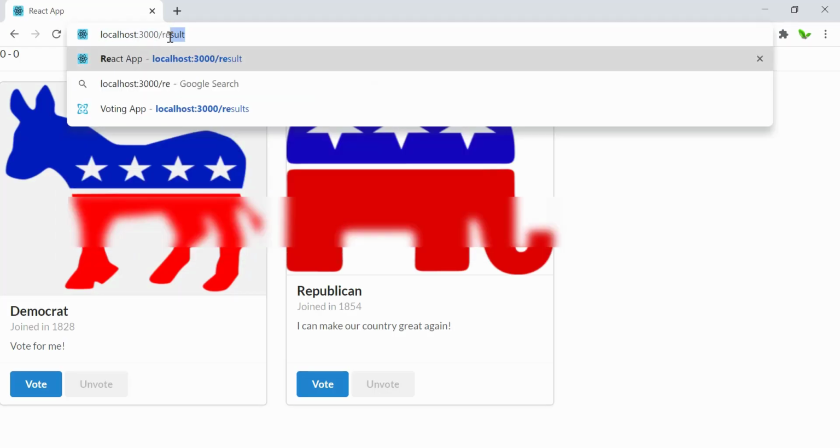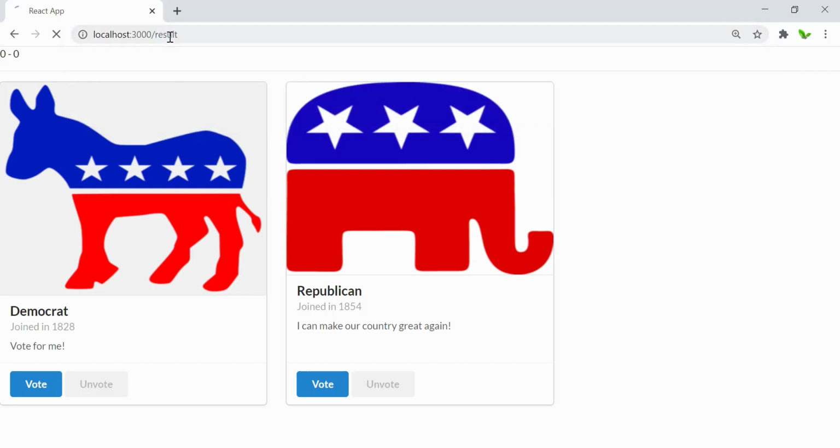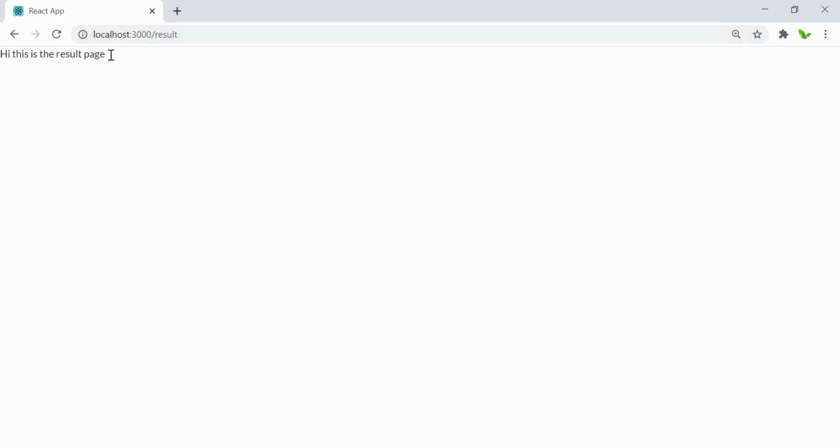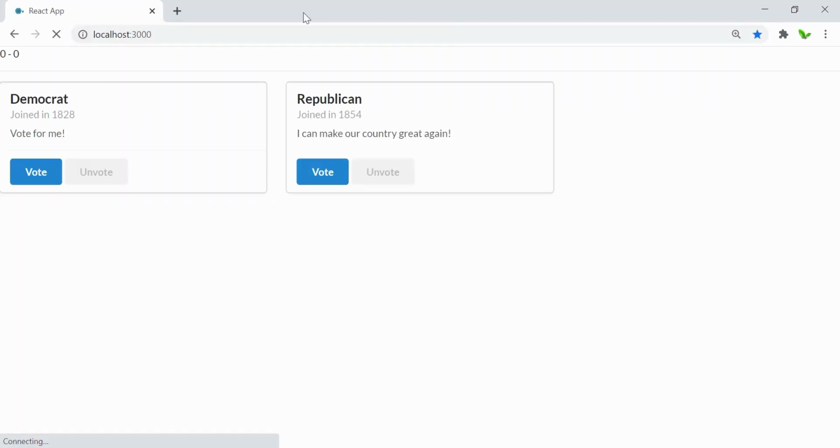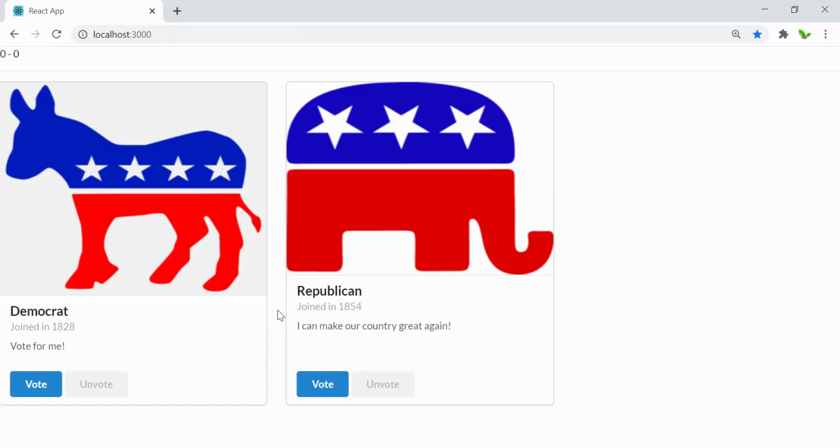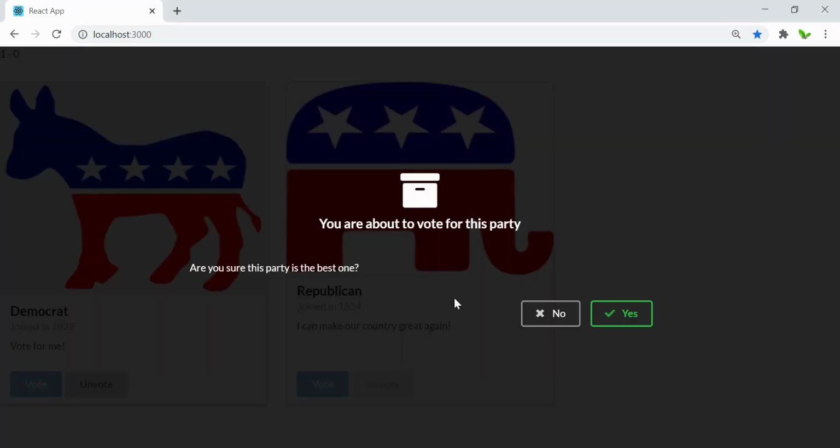Okay, so now to see the result here, just put /result, and here you can see that hi, this is the result page. So now we have the result page and also the home page, which is this one right here. Okay, so the next thing that I want to do, say if I vote for this party, then it shows